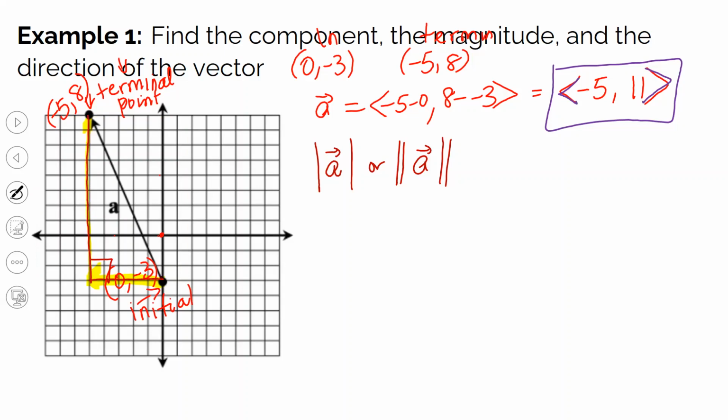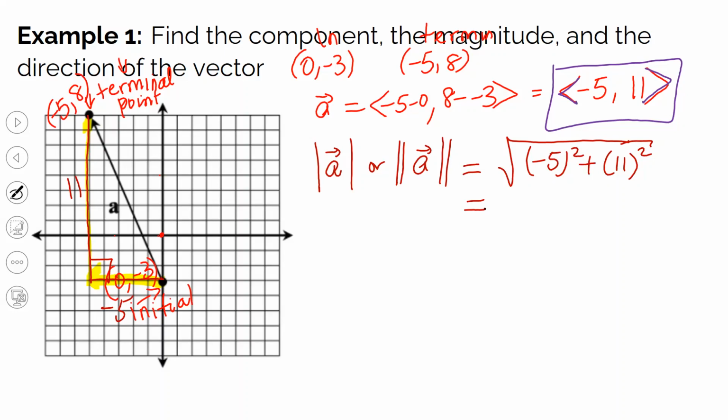Are we able to find this line A that now looks like the hypotenuse of this triangle? Yes, of course, we can find it by using the Pythagorean theorem. We already know that this is -5 and this is 11. To find this line A, we just take the square root of -5 squared plus 11 squared, and that's it. The magnitude, always you are going to use the Pythagorean theorem to find the magnitude of A.